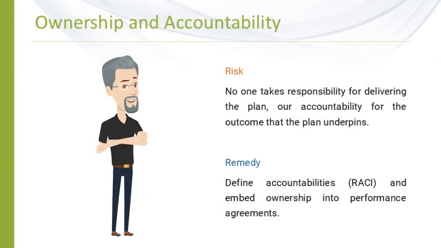It's one thing to have a plan, it stacks up, it's tangible, it's even resourced. But if no one's truly going to take responsibility for the delivery or accountability for the outcome for which the plan serves, you've got an issue. That's why it's so important when we turn to the old RACI matrix, which stands for responsible, accountable, consulted, and informed. Sometimes there's an S in there too for supported. That way we can embed the ownership, and we can also then come up with performance measures, performance agreements. But ultimately, planning really won't get to the outcome unless someone owns the plan and someone's accountable for the outcome.